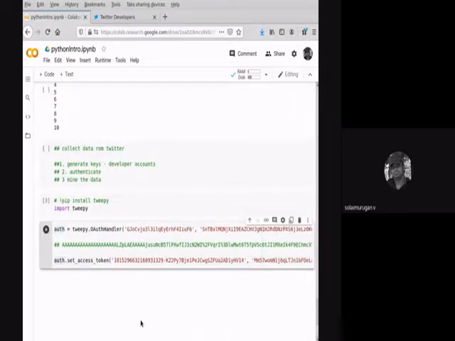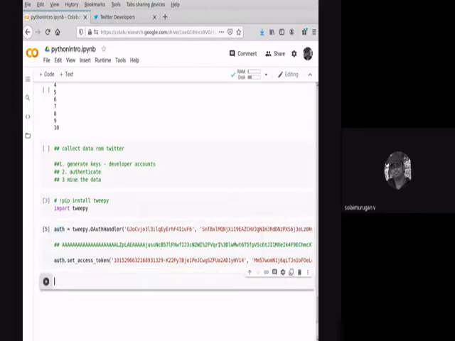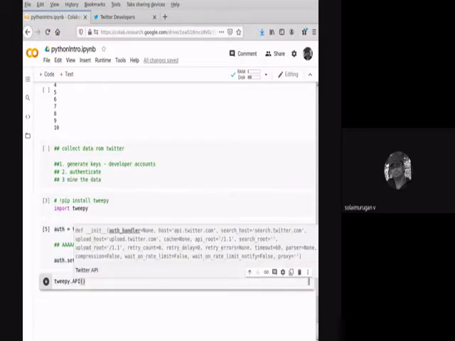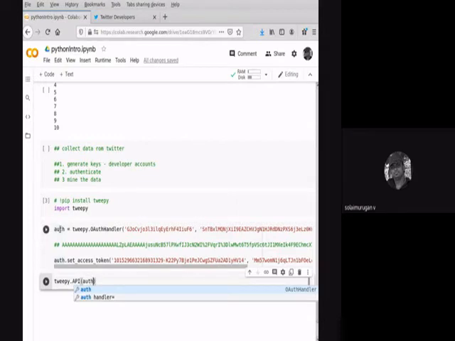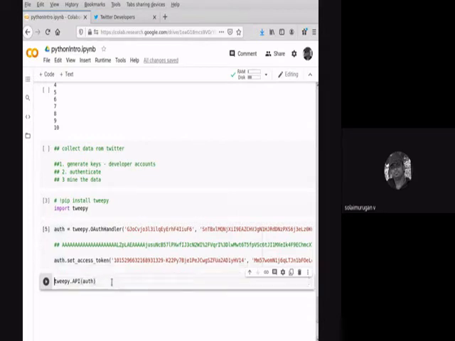Okay. Now I just authenticated. Let me see whether it works. tweepy dot API. I'm just passing my authentication model to the API. So auth is the key variable name I just created over here. I'm just passing that. This step is equal to logging in. Personally, you log into your Twitter account, right?